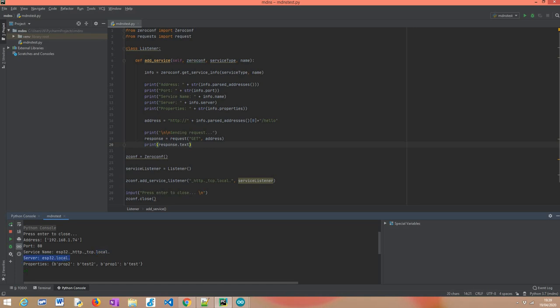Here, the server, I don't find this very useful due to the following fact. If you wanted to reach this service in a URL, as we see in the previous tutorial, you would have HTTP colon slash slash ASP32.local and then slash the actual endpoint we want to reach. Where I don't see much usefulness on this actual property that is exposed by the library is the fact that this local has this dot appended at the end.